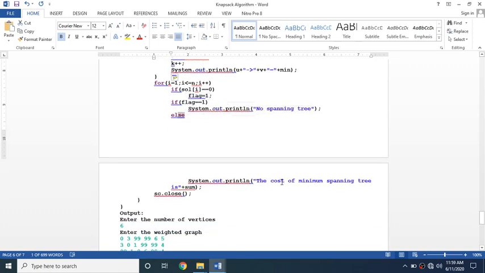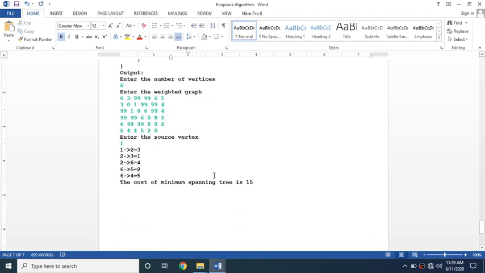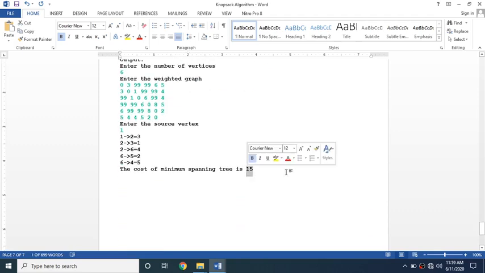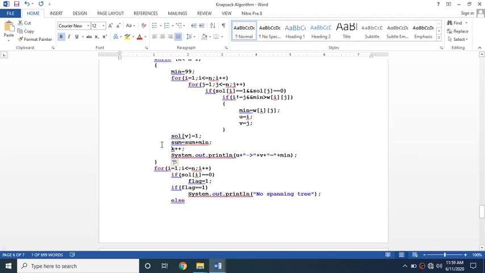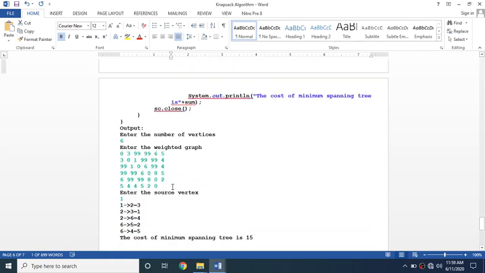Else, we need to print the cost of that tree. That cost will be stored in sum, right? That sum will be printed here. That sum we calculate within this while loop itself. Okay, so this is the output. Fine, that's it.